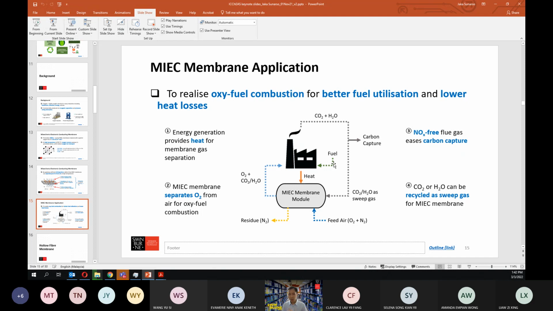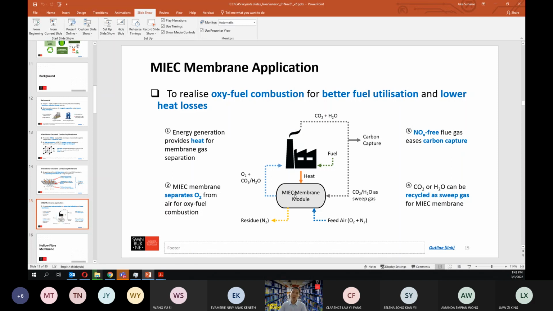We still have a large amount of coal remaining in the earth that we need to use. Before we can really move into clean energy, we have to use that coal. But in order to be responsible, we have to use a technology called clean coal combustion. This is where the so-called oxy-fuel combustion technology comes into play, and this is where the membrane module has an effect. What you will have is essentially this membrane, and we're going to use CO2 as a sweeping gas.